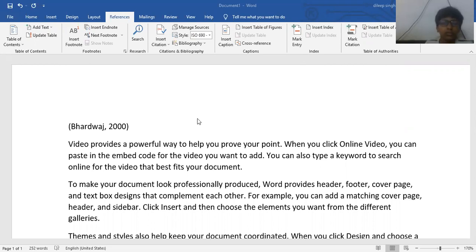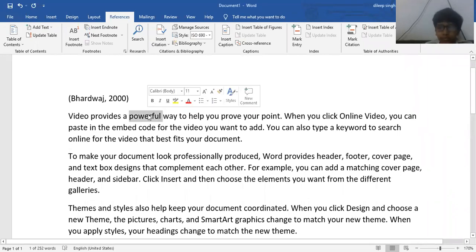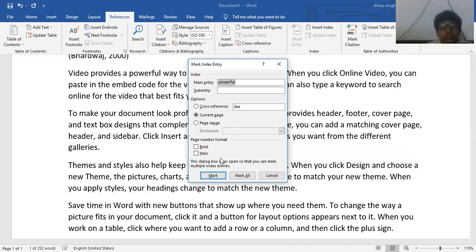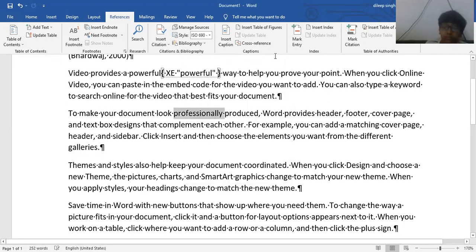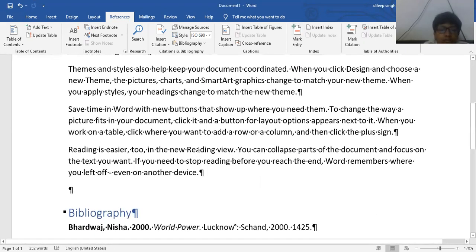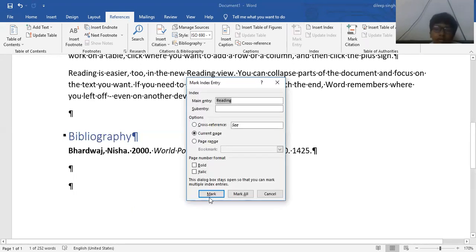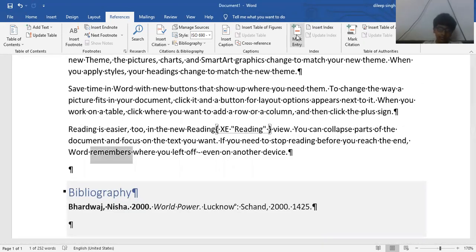If you want to add some important words within your dictionary, similarly just follow this process in this index process. Firstly, double click on the word for the word selection, and after selecting the word, click on mark entry. When you click on mark entry, it will appear like this, and just click on mark. Okay, and just close it. Similarly, repeat with different words by double clicking and clicking on mark, and mark more than 4 or 5 words. After that, you can easily observe the use of this option. Just click on mark and double click on the word and click on mark.